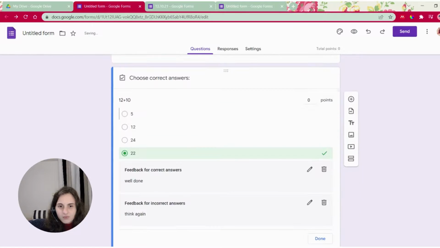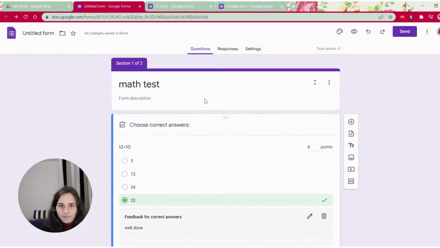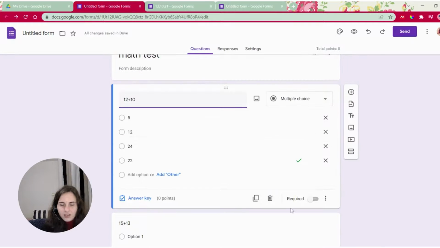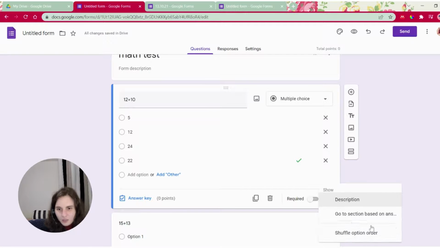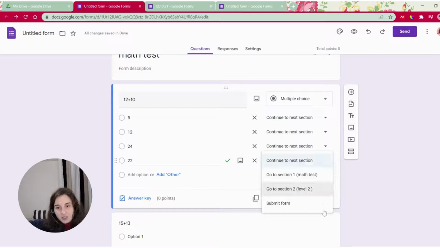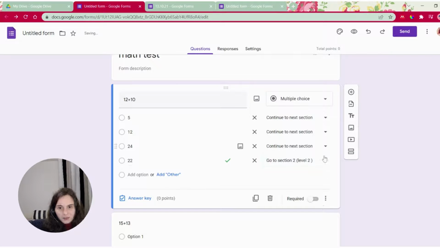Sorry, I gave two correct answers. I was inside the answer key. So you press here, and you're asking to go to the section based on the answer. So students are not going to see that. They're going to be directed there. If they answer 22, they're going to go on the level 2. They're great students. If they answer 24, you want them to continue being